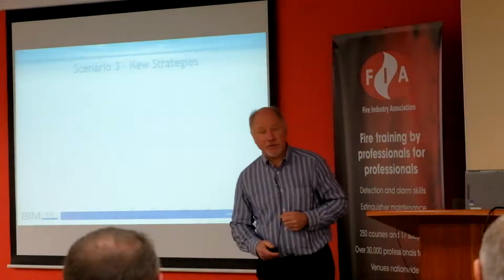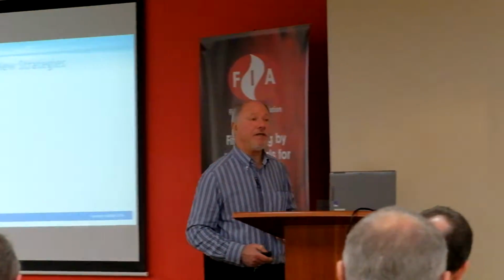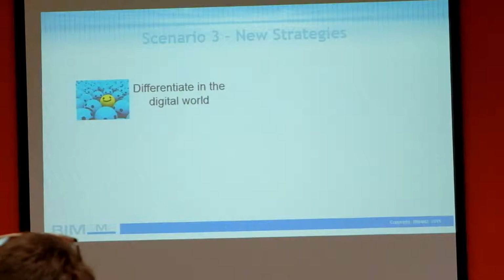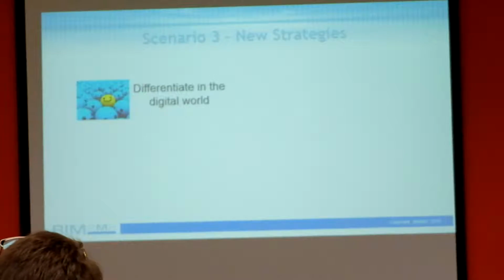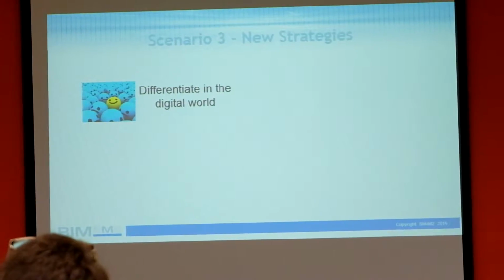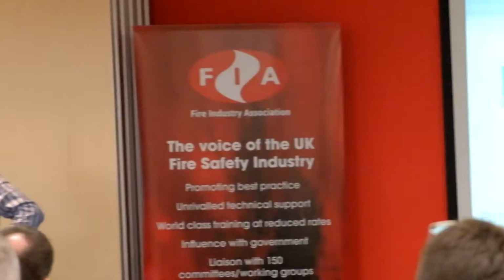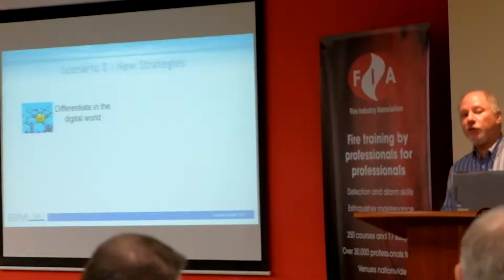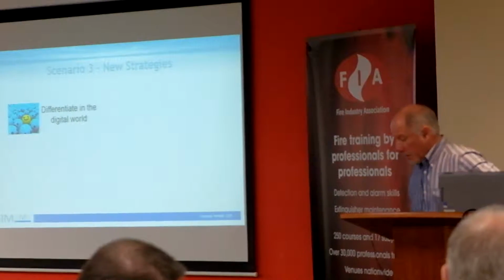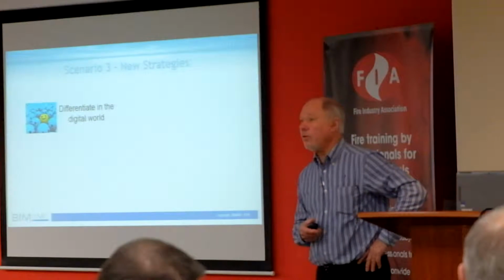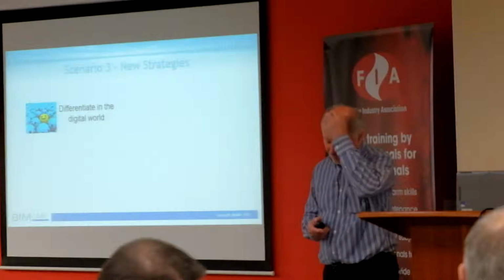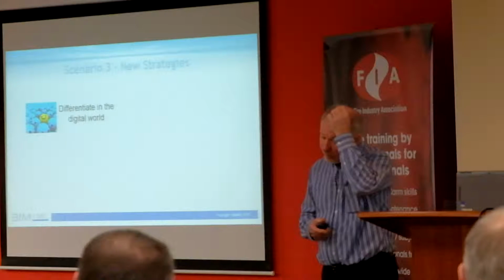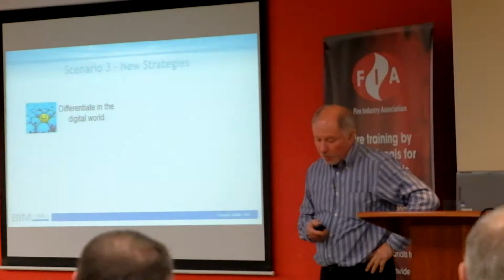Maybe you could think about new strategies, ones that you haven't been able to achieve before because you can now identify people by name. Could you differentiate yourself in the digital world in a way that you may not be able to in the real world? So, for instance, if you have a commodity product and your products are very similar to everyone else's, are there aspects you could provide in the virtual world that would help those people who are trying to use those products? An example would be a small manufacturing company up near Nottingham called Cubicle Systems.